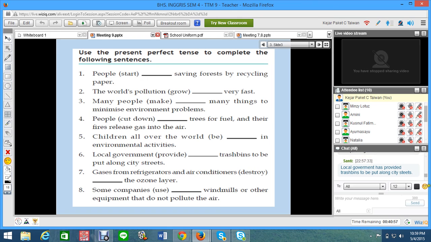Gases from refrigerator and air conditioners